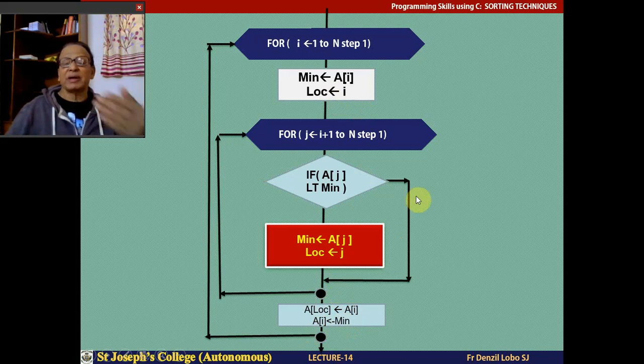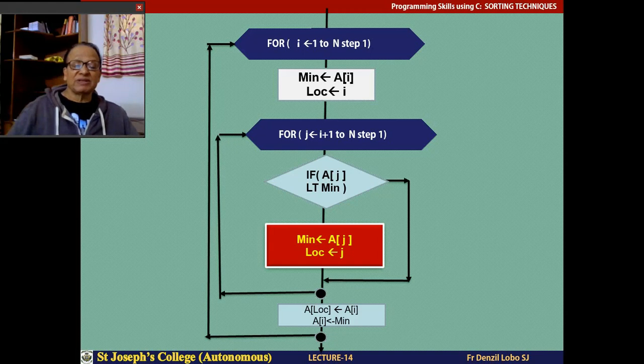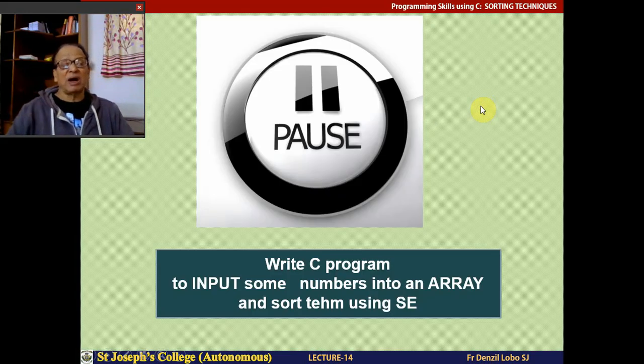I go on doing it. I think it has to be n minus 1. So this is how you do the selection sort, selecting the smallest number and assigning it the first time to the first location, second time to the second location. When i is equal to 1, the first location; i is equal to 2, the second location; go on doing it. Now you write the complete flow chart and C program and then execute the C program.